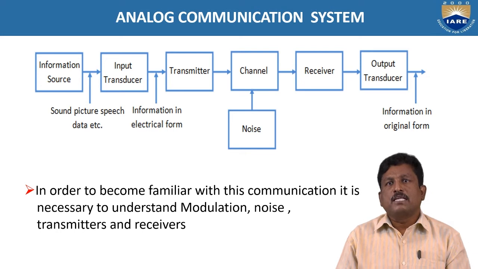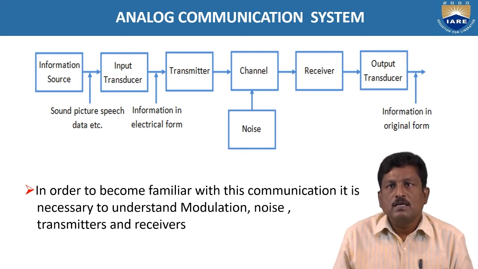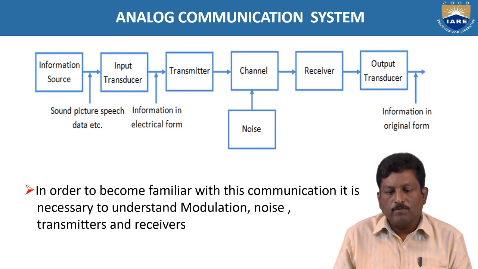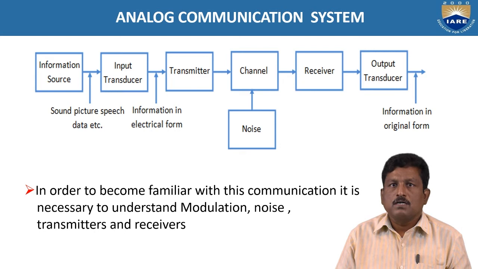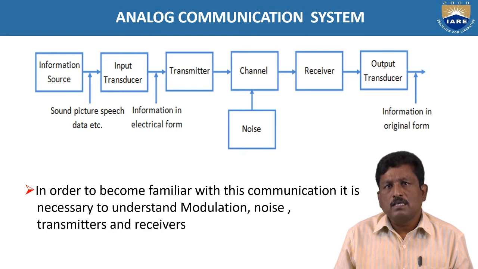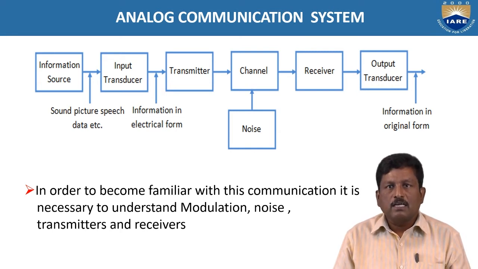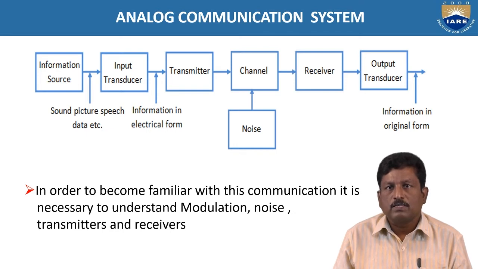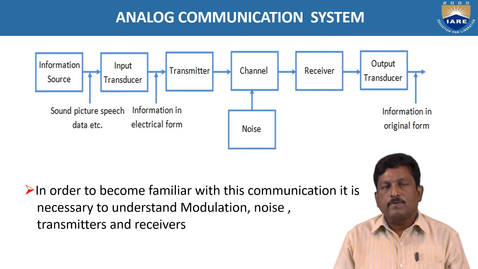So coming to the beginning, we have seen that there are three basic elements of the basic analog communication system. Here we can see the different elements available in the block diagram of the analog communication system. The first one is the information source, the signal which is to be transmitted from the source or the transmitter. After that, the initially available signal is a sound signal, which is a physical signal. We are unable to transmit the physical sound signal directly, so to transmit it in a convenient form,